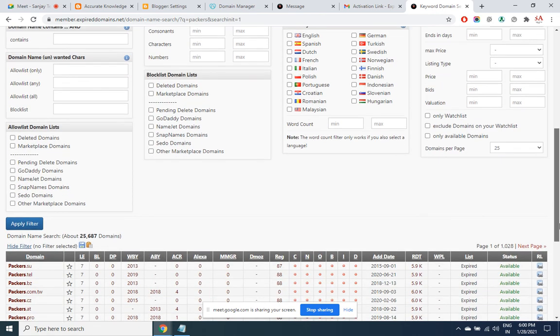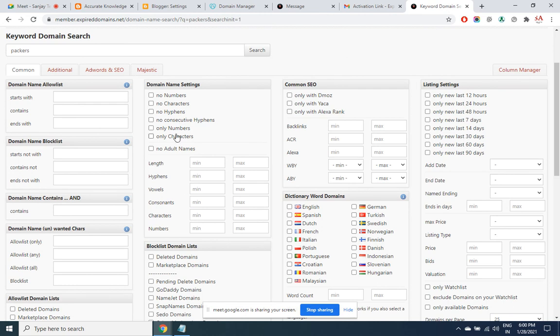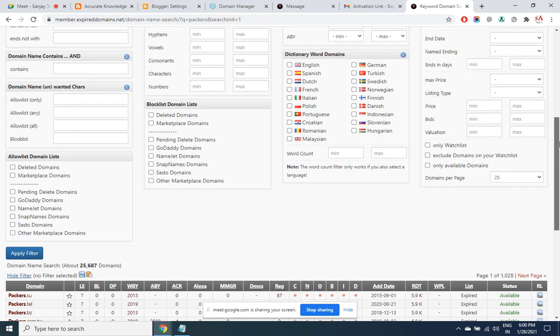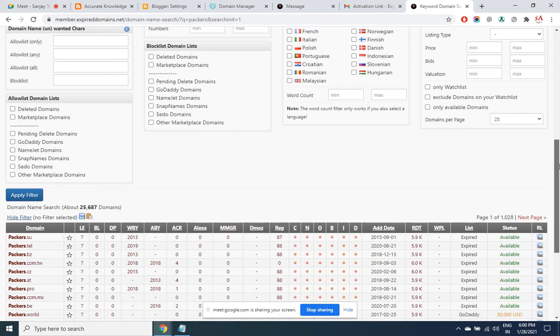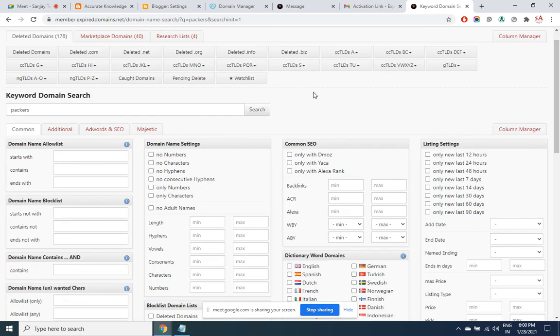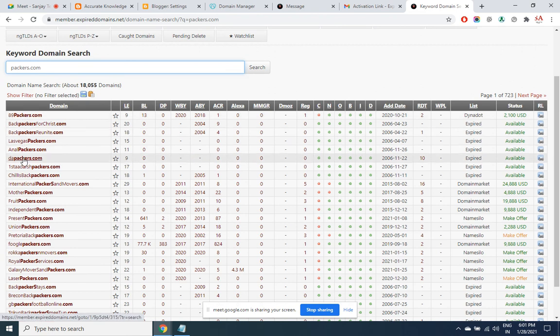They have changed the design here again. Okay, so directly you can type here packers.com. Now all these are .com extensions which have the word Packers.